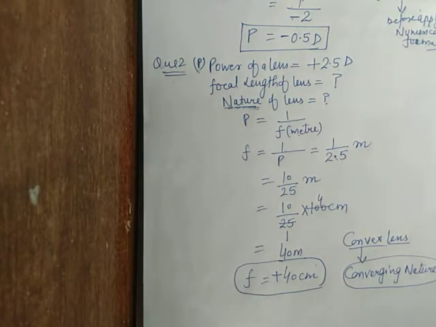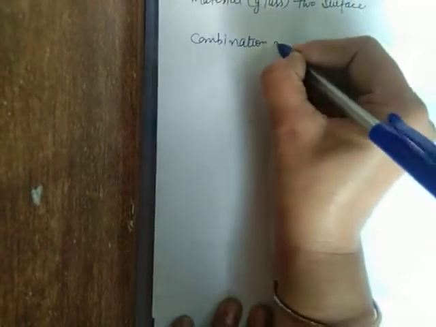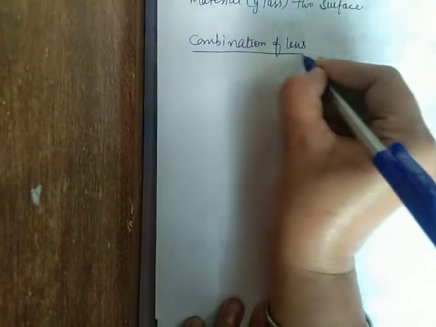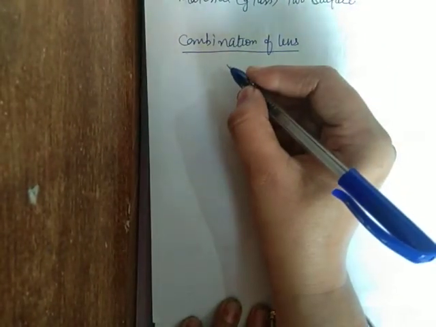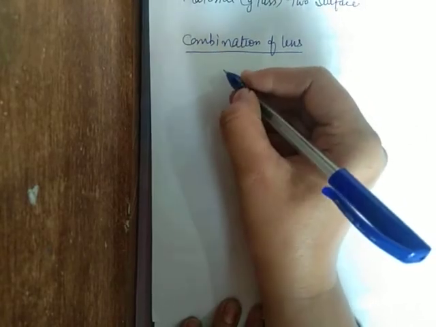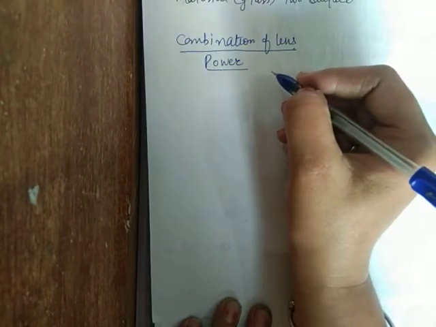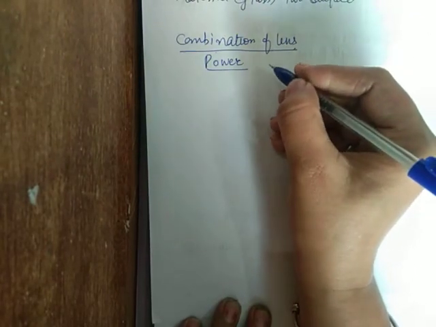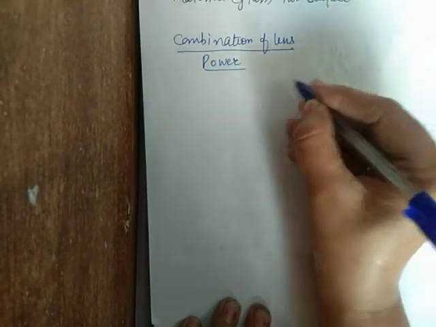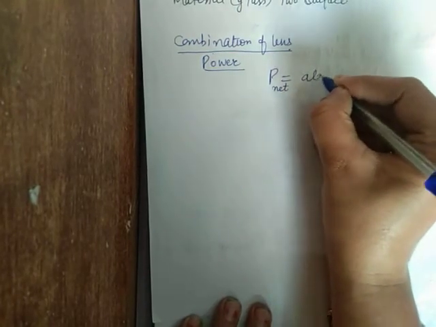Now what about combination of lens? If a number of lenses are placed in direct contact or close contact with each other, it is known as combination of lens. Now what about the resultant power, power of combination of lens? If a large number of lenses are placed in contact with each other, then net power is equal to the algebraic sum